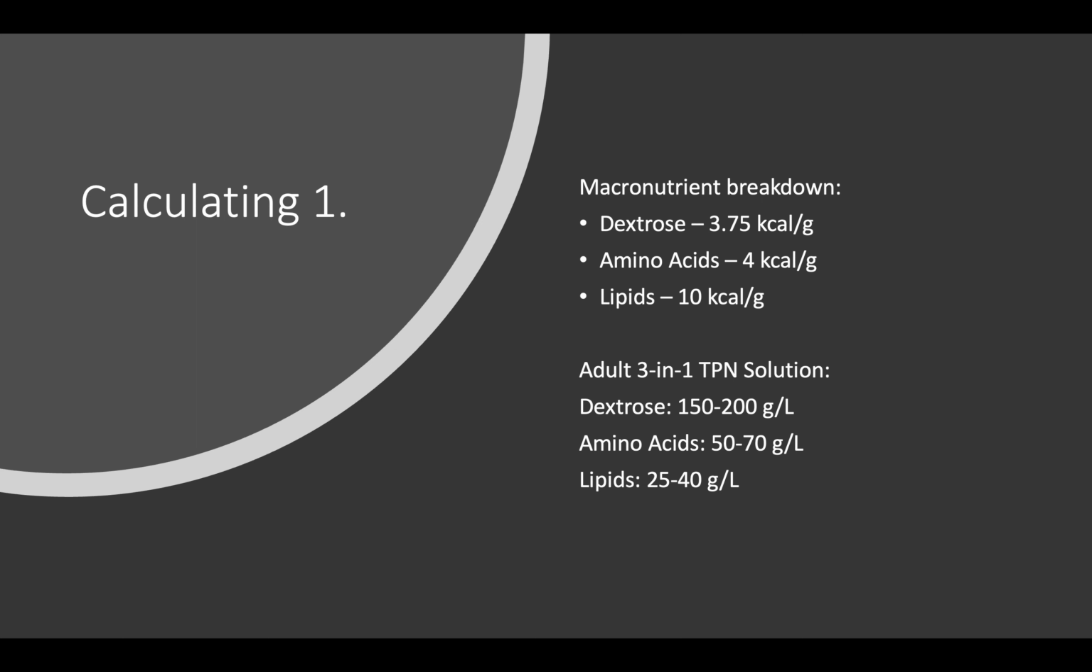Dextrose, 3.75 kcal per gram. Amino acids, 4 kcal per gram. Lipids, 10 kcal per gram. And just know that, because it's going to help you with your calculations. And once you can remember and understand that, we move on to a